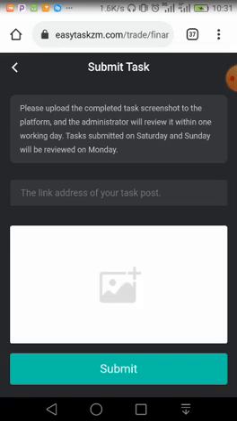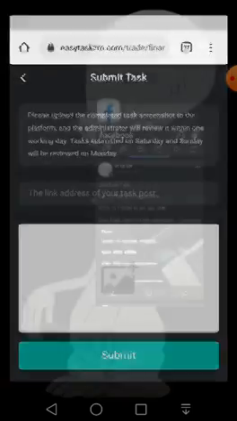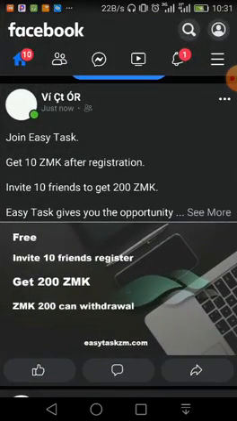So now, the link address of your task post. You need the link address of your task post. So you go back on Facebook. After you reach Facebook, you find the post you were posting.